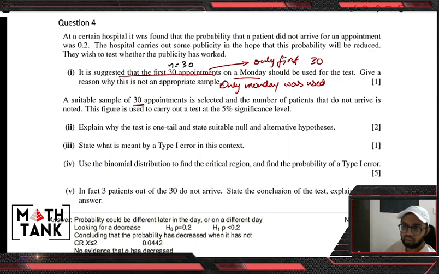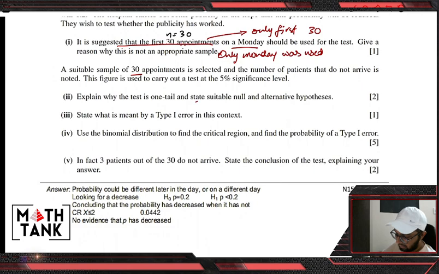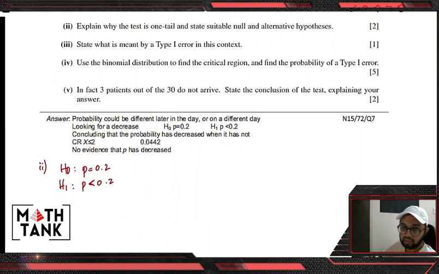So now they've changed the sample. Explain why the test is one tail and state the suitable null and alternate hypothesis. Okay, so I'm going to first state the null and alternate hypothesis. I'm going to say that H0: p = 0.2, and since I'm trying to reduce the probability of patients not arriving, I'm going to say that the alternate hypothesis is H1: p is less than 0.2. It is a one-tailed test because